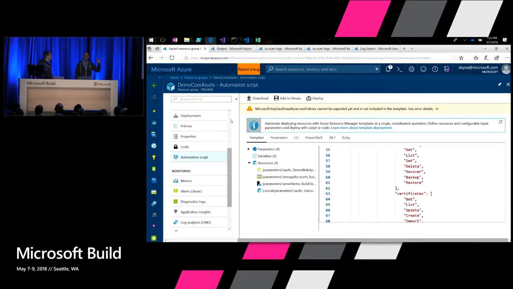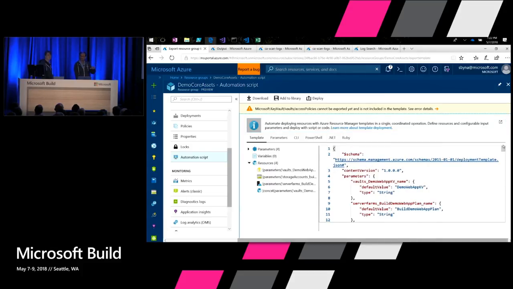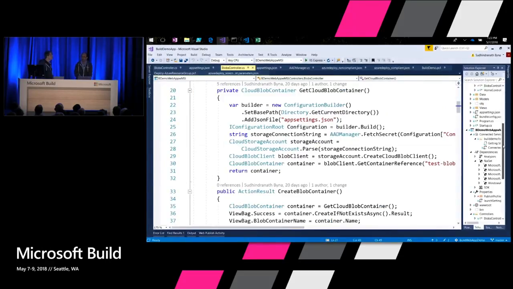So pretty simple. Have you guys been using this feature? The portal has this. It's a pretty cool feature, right? Out of the box, Azure is going to script out that resource group template for you when you have the resources deployed, like when you're doing a POC or testing. I can just go to the resource group, and there is a section called automation script. It will emit the whole JSON template that can be used to deploy and create the resources under this resource group. So I took this template. It's a good start for me, and now I can start building on top of that.